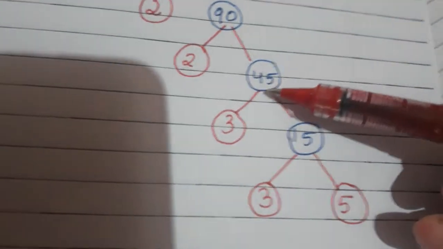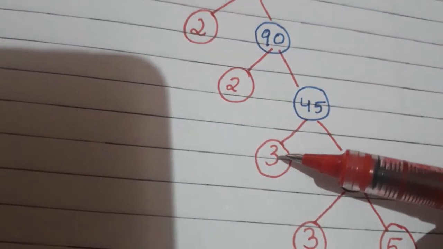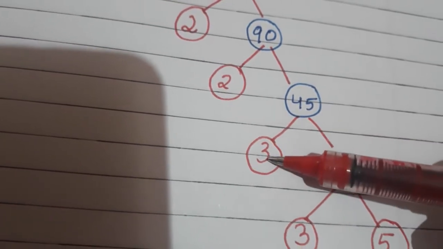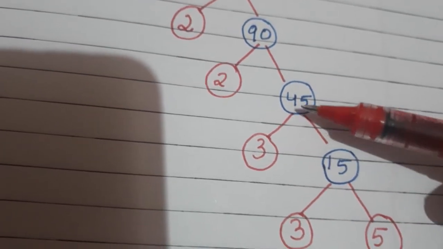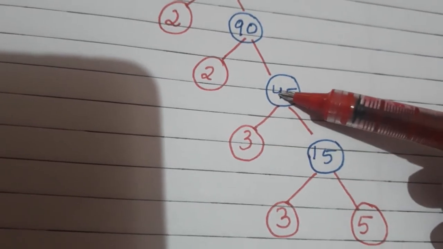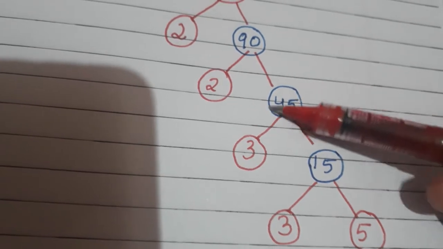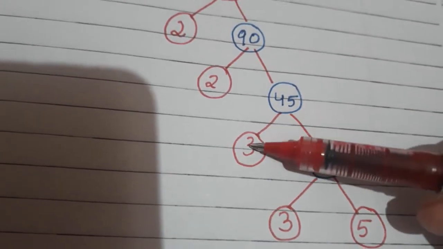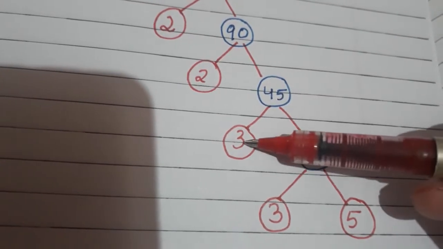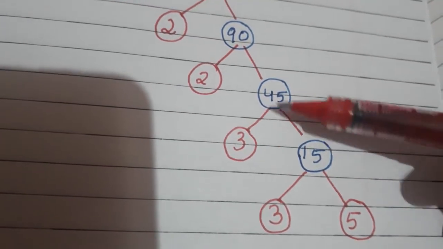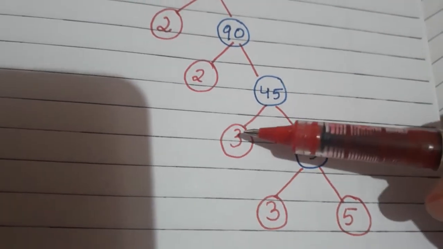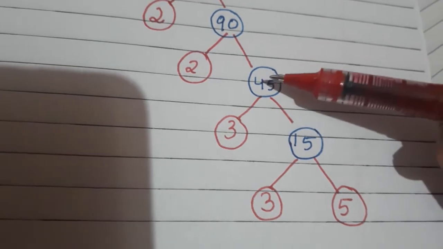Yes, now 45 is not divisible by 2 since it is an odd number, so we will try dividing by 3. Yes, how many times will 3 go into 45? 15 times. When you multiply 3 into 15, you get 45. So here on the top we write the product, and here are the factors. On the top we write the multiple and the numbers coming out of it are the factors. All right, so 3 and 15 are the factors of 45.